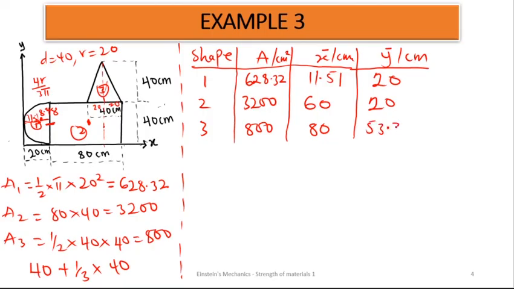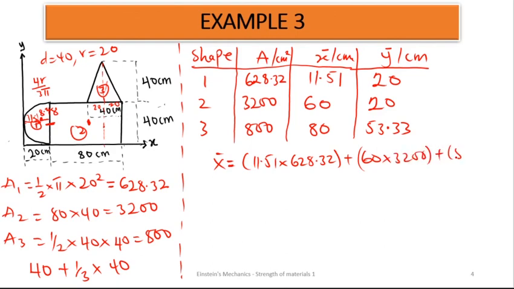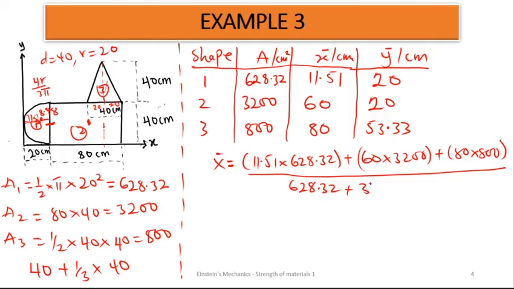So here, once you go through the same approach, your x bar is going to be 11.51 times 628.32 plus 60 by 3,200 plus 80 by 800, everything on 628.32 plus 3200 plus 800. Your x bar for the composite shape should be 56.87, and the same thing for the y bar is going to be